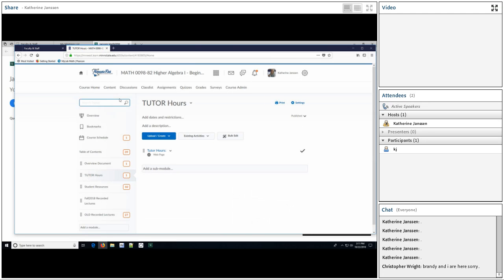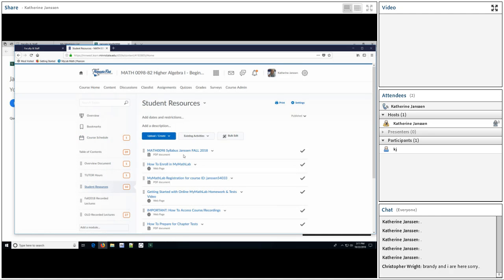So following along with D2L, you're not seeing too much, but as soon as you do populate into the course, there's a student resources module down along the left-hand side. Student resources, and Carolina, can you check yours and see if you've populated in? It's 098. Okay.